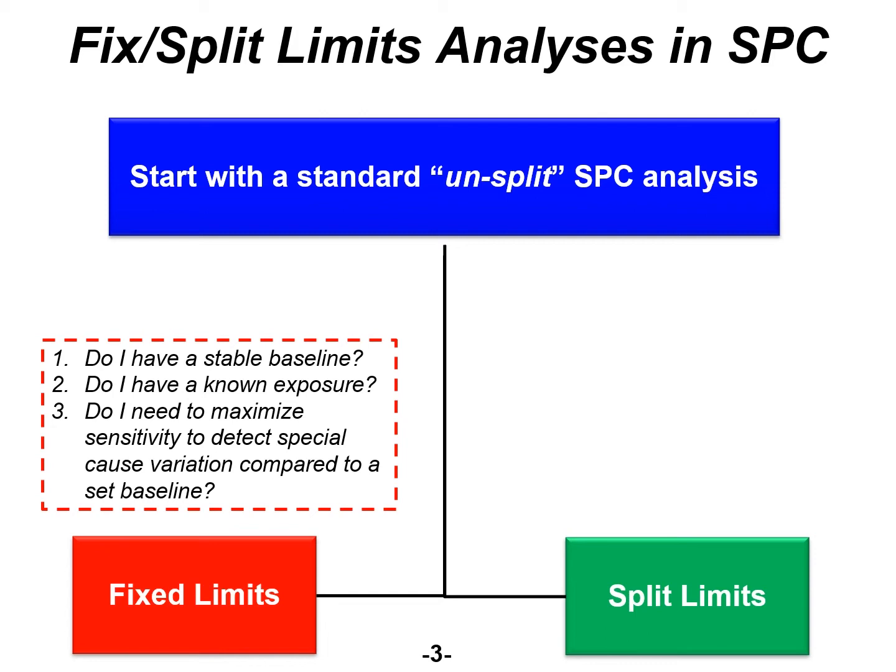Next, let's consider the option in the green box, Split Limits Analysis. Unlike fixed limits, which is designed to increase sensitivity to detect special cause variation signals, a split limits analysis is used after a change in a process has occurred to determine the characteristics of the new process, such as the new mean, the new range or precision, and the new variation pattern, and whether the new process or change in performance is sustained. There are two different approaches taken to determine when and where to conduct a split limits analysis: